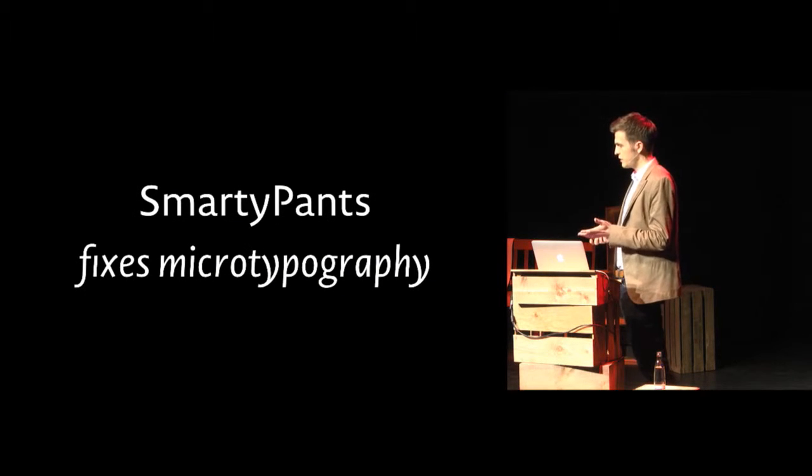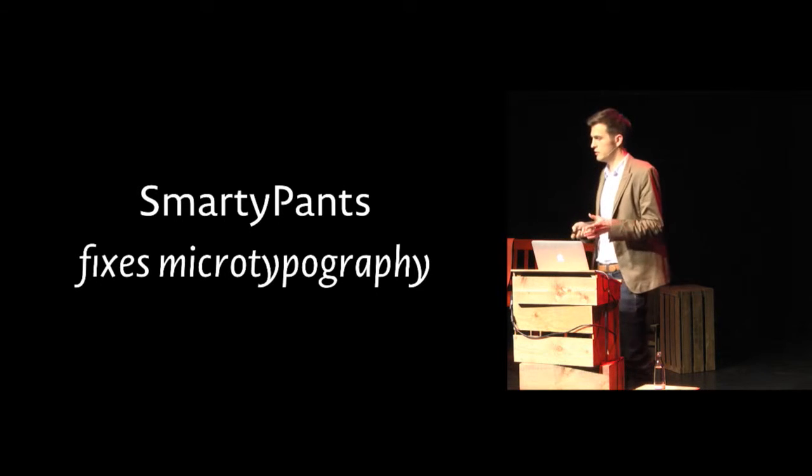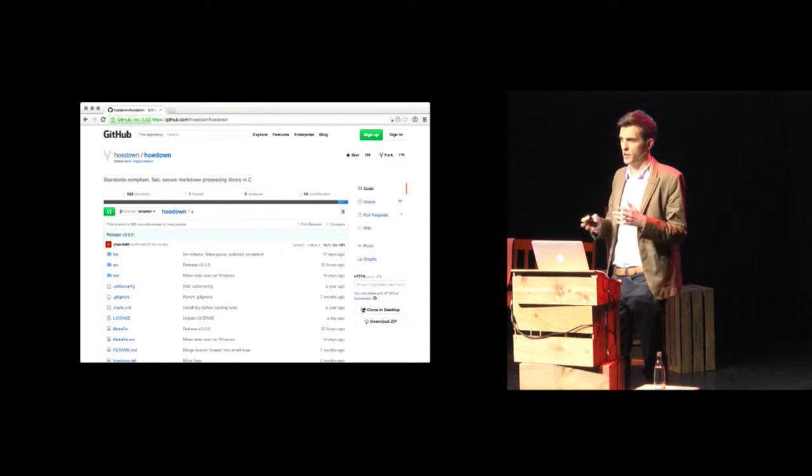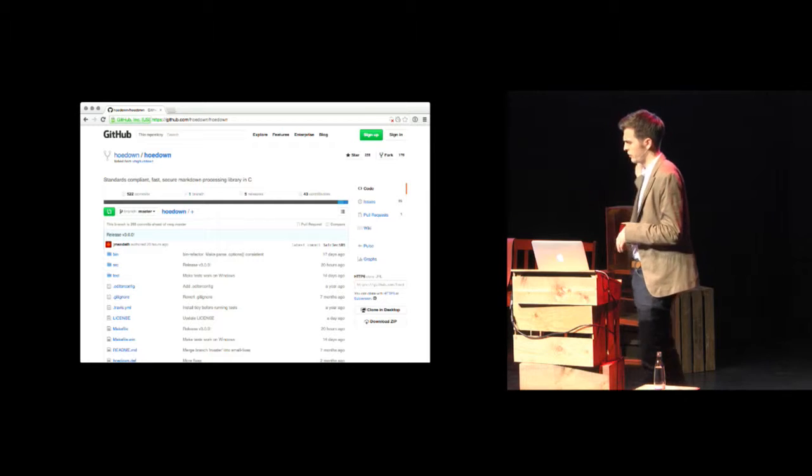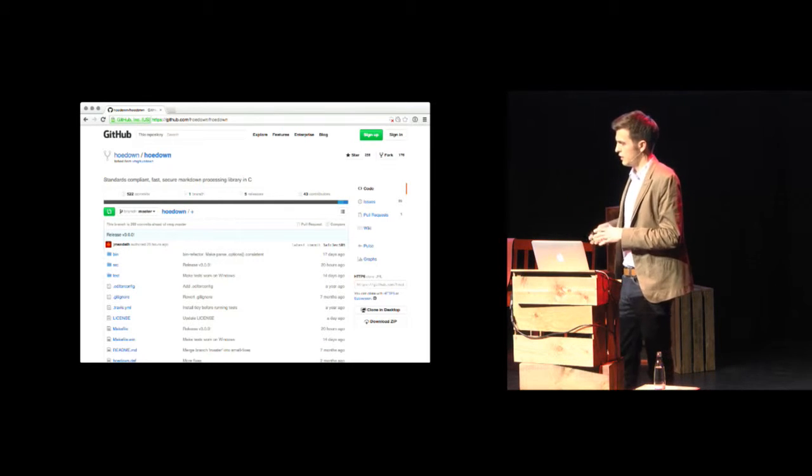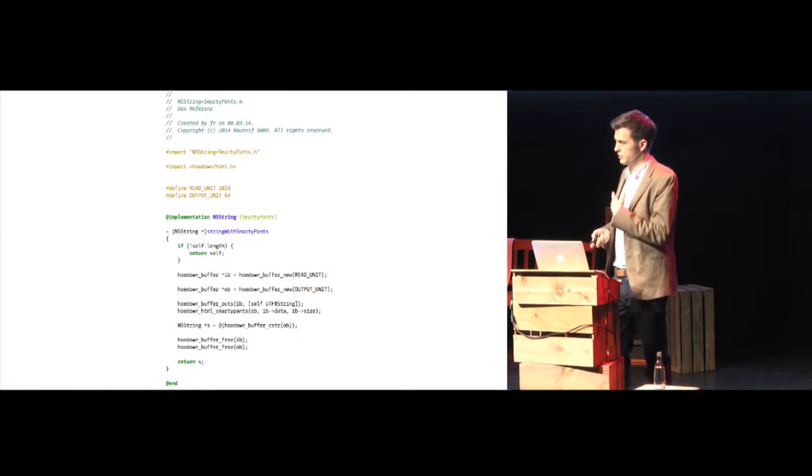I use Smarty Pants. I don't know if you know that. I really like the name of that library. It's part of Markdown. So almost all of the Markdown libraries have it. I use something called Hoedown, C version, and this is all the code that was necessary to implement it in Wiki. I can just pass in an HTML string and I get a micro-typographically correct HTML string back.